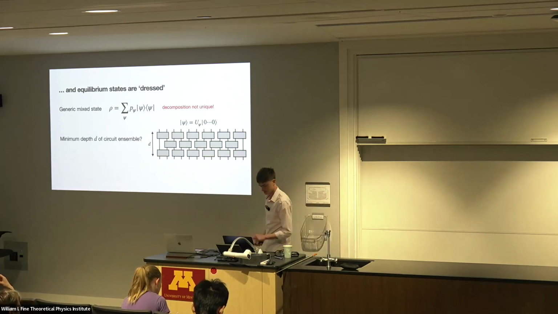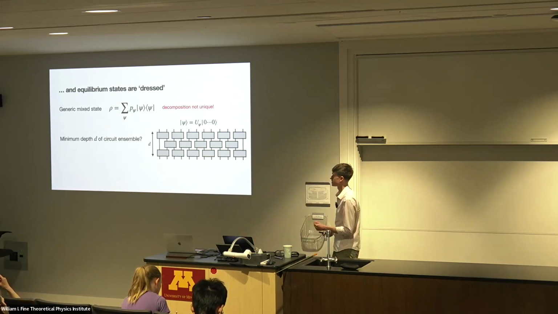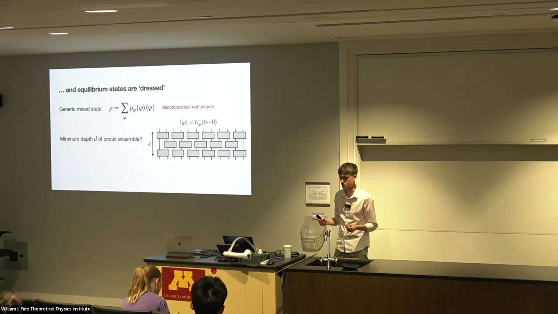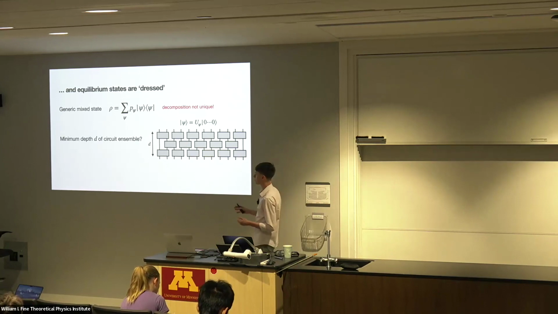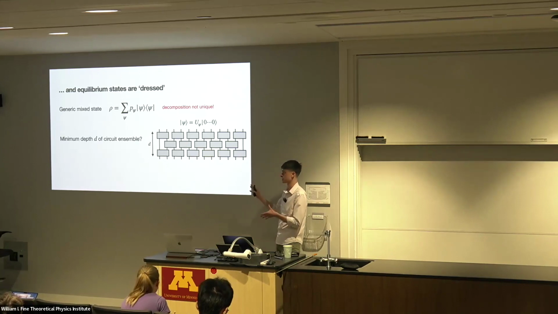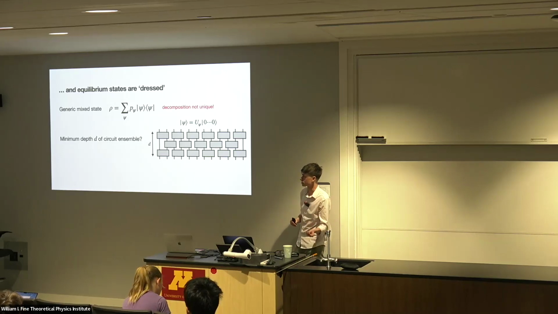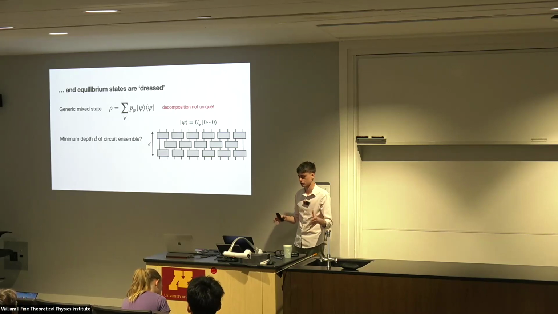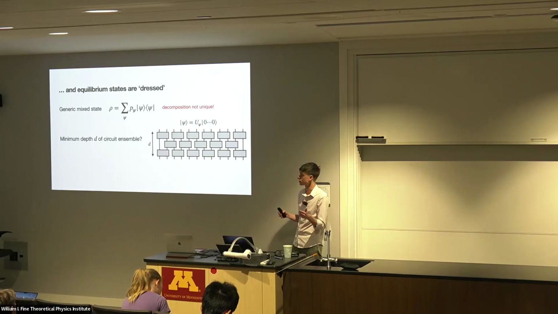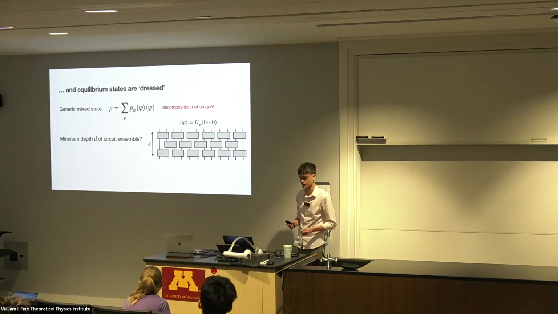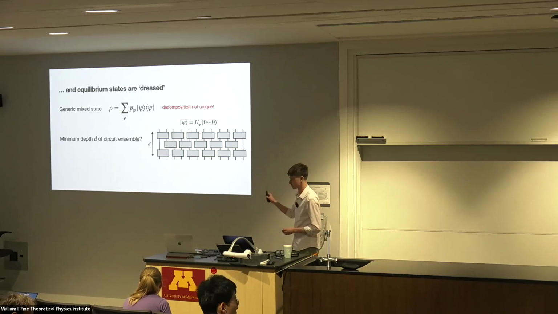And what I'm interested in here, and this is going to be the key quantity that measures the amount of quantumness in the thermal state, is the minimum allowed depth of this ensemble of circuits that describes my thermal state. What we'll see is that at low temperatures, when you want to describe your thermal state as an ensemble of pure states, you cannot get away with describing it as an ensemble of product states. It's going to be an ensemble of these dressed, quantum fluctuating, not quite spin configurations. And so this minimum depth